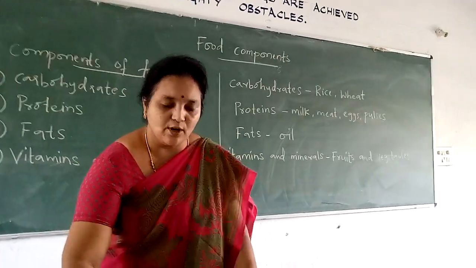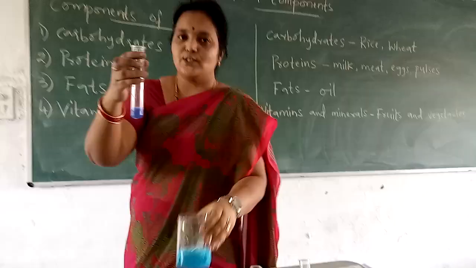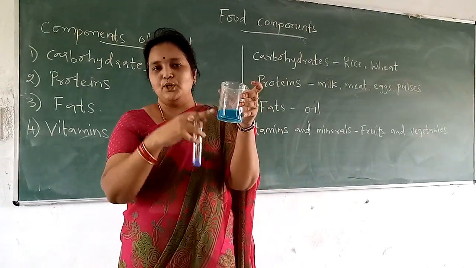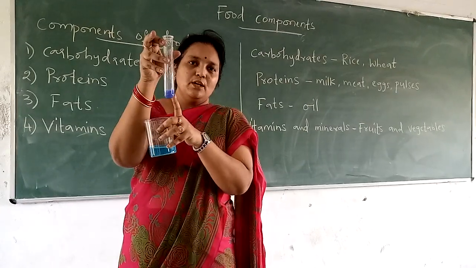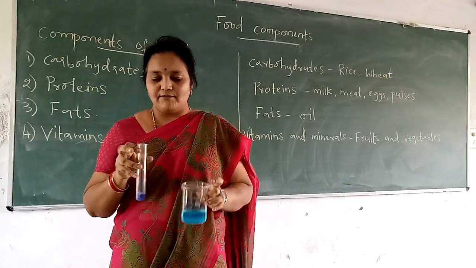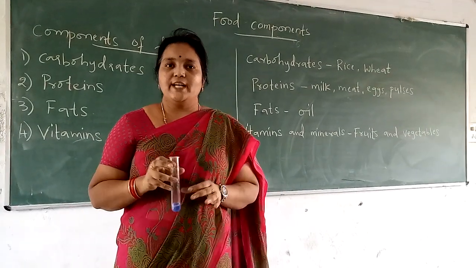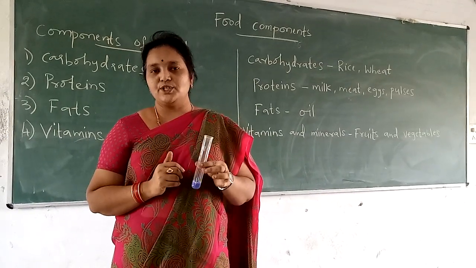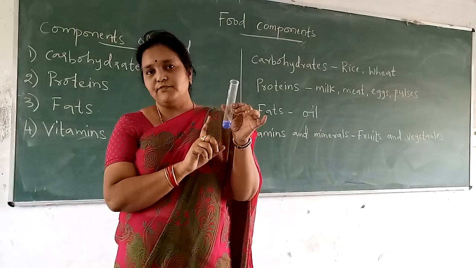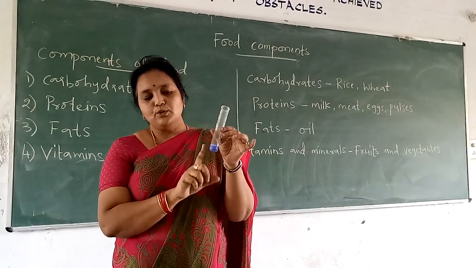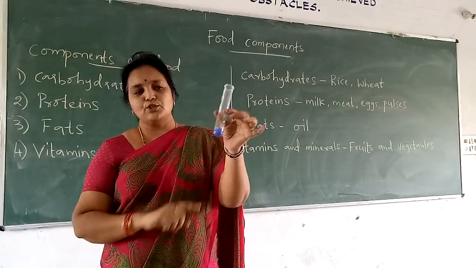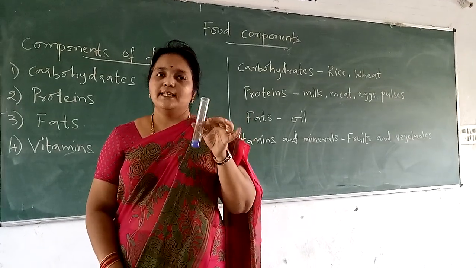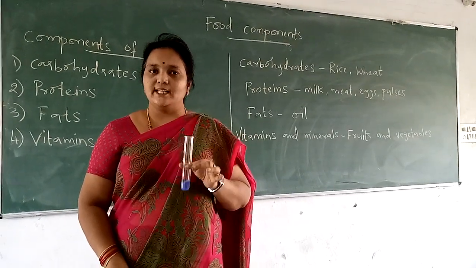Okay? In case of rice. Now we will see in case of milk. Can you see? Is there any change in the color? Yes. This is blue and here the color has changed to violet color. So what do we understand from this experiment? In case a food item consists of proteins, by using copper sulfate and sodium hydroxide solution, there is a change in the color, from which color to which color? From blue to sky blue, or you can say blue to violet color. See, violet color. So if the color changes to violet color, then that food item consists of proteins.